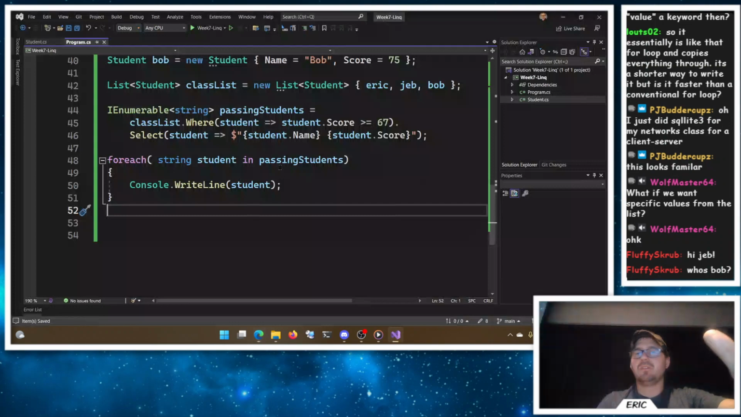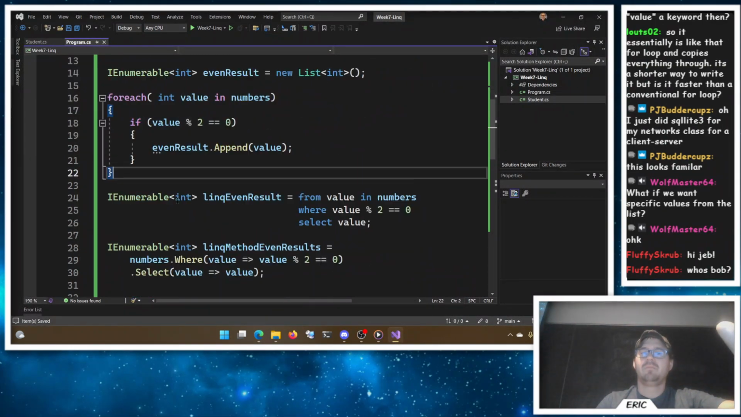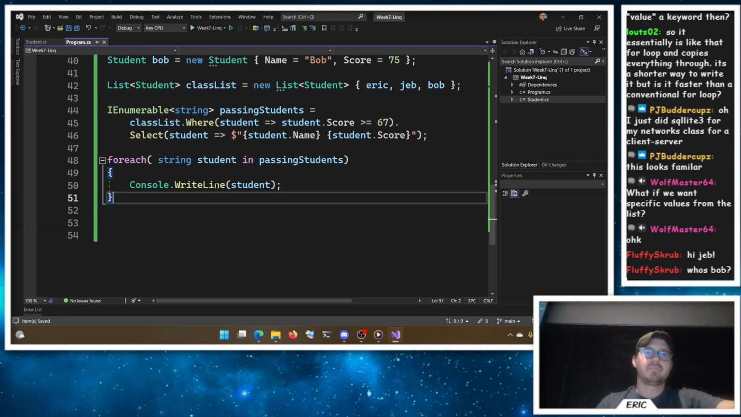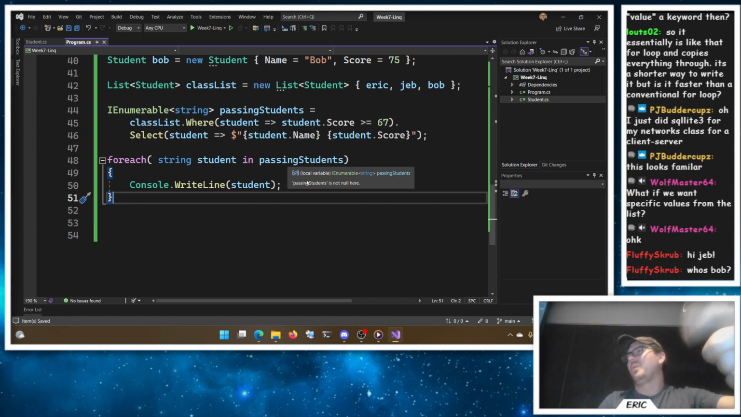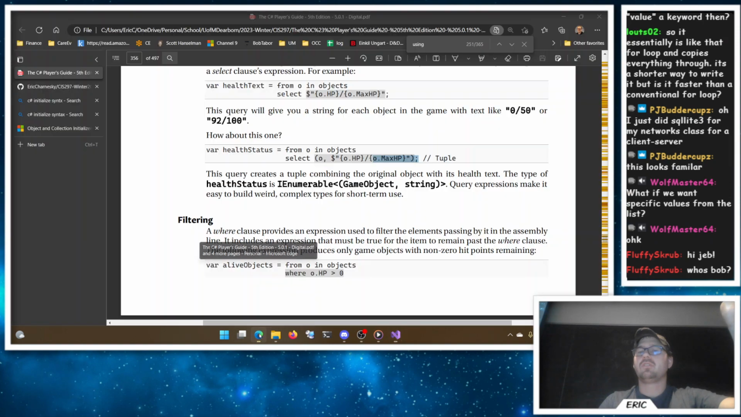Again, nothing we weren't doing or couldn't do with a simple foreach loop, but it's a little more concise here. And we're all about making things a little easier to type out, if that makes sense. So select, where, those are the usual ones, and then other cool things you can do, you can start ordering